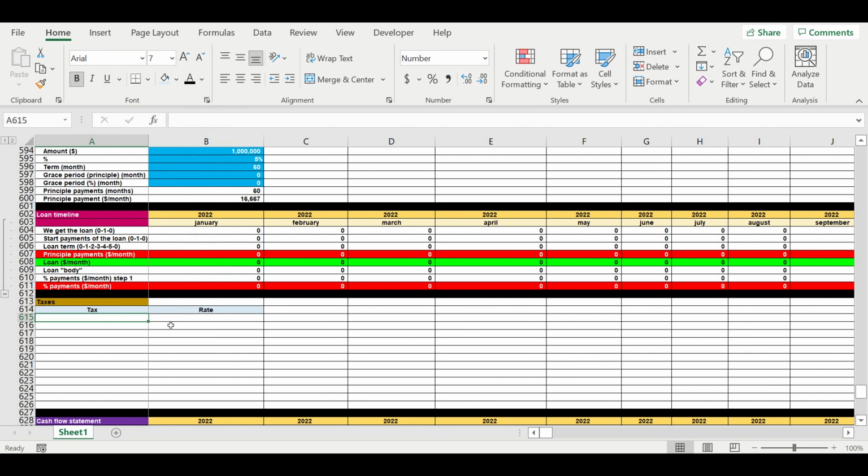So for example, we have revenue tax. We will have, for example, payroll tax, profit tax, asset tax,